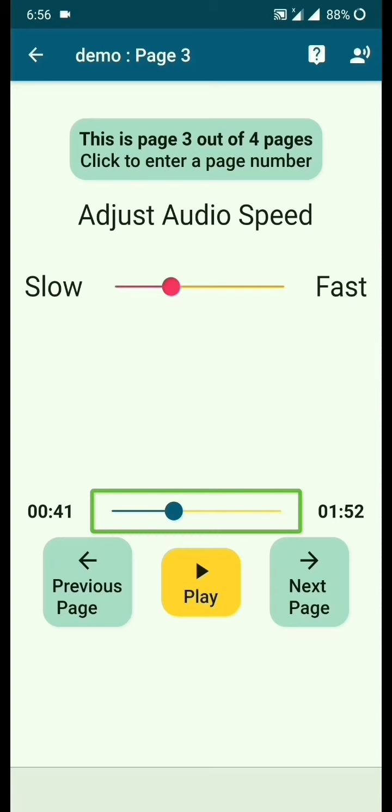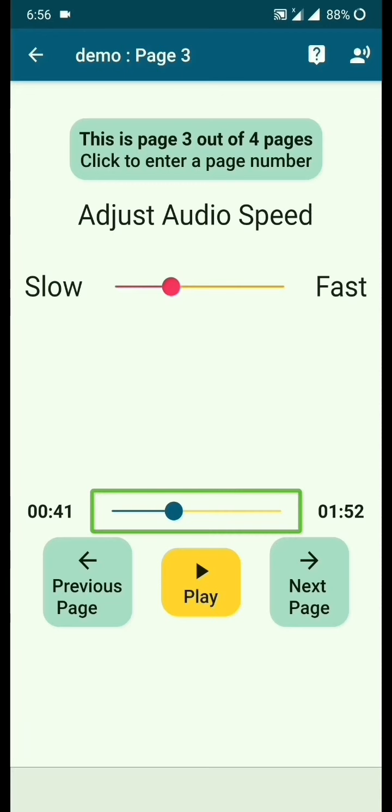Another point to note here is that while you are listening to an audiobook, if you stop listening and then come back to listen to the same audiobook, it starts exactly from where you left off. For example, let's say you were reading the third page and you stopped listening and closed the InstaReader app. When you come back and open the same audiobook, it will start from the third page. It doesn't start from the beginning. So this is all about listening to an audiobook.